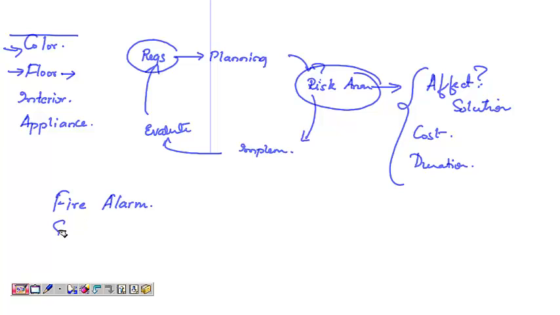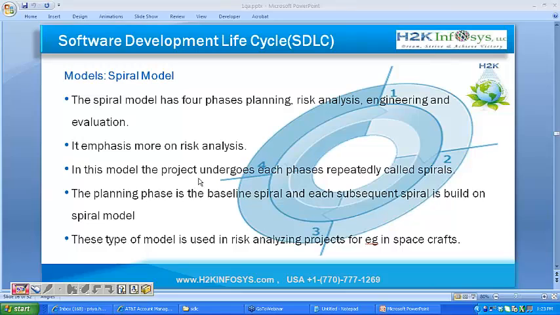Let's say we are developing some software for a spacecraft. What happens if something goes wrong here? Millions and billions of dollars are gone, and it might affect the environment of our earth. So when we are developing such critical and riskier projects, we go for such a model, which is the spiral model, wherein we first evaluate the risk for the new requirements to be implemented, and then only we implement it. And here the drawback of getting new requirements in the middle of the project